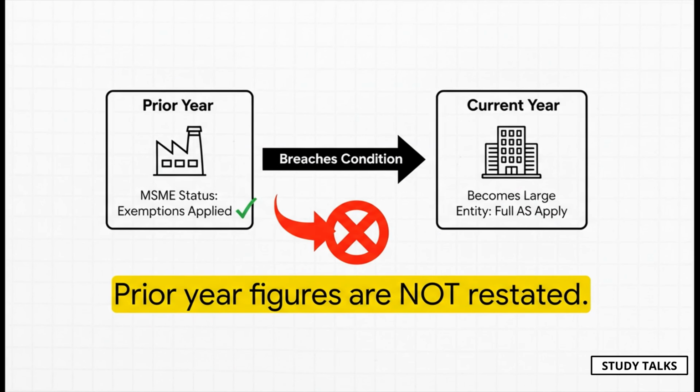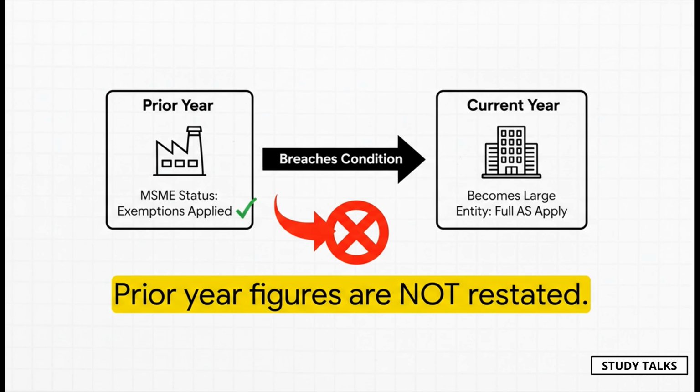Okay, so what about the opposite situation? An MSME does really well, it grows, and it breaks one of those 5 conditions. It's now a large entity. What happens then? Well, the rule is pretty straightforward. From that current year forward, it has to apply all the accounting standards in full. The exemptions are gone. But the critical point here, and this is where marks are often lost, is that you